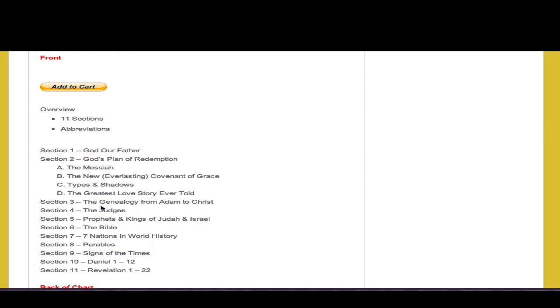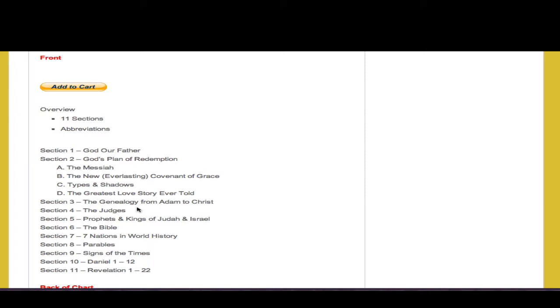The third section is the genealogy from Adam to Christ, and there are a lot of interesting insights tucked into that genealogy. The fourth section is the judges, which will be shown in detail. In other words, there'll be an entire box listing every one of the judges found in the book of Judges. And then there will also be a to scale section showing the judges as it is seen in the